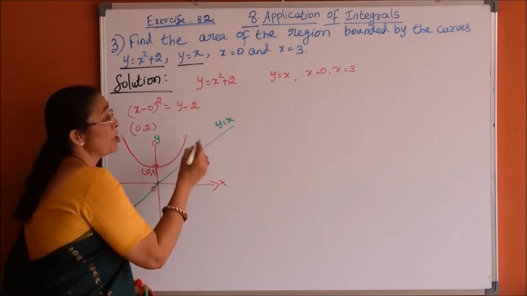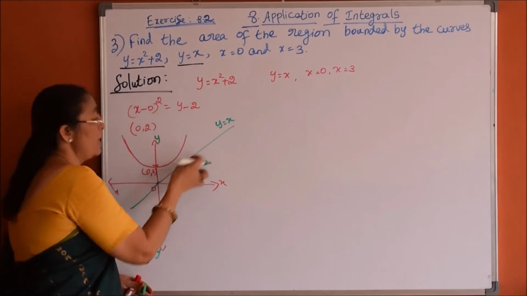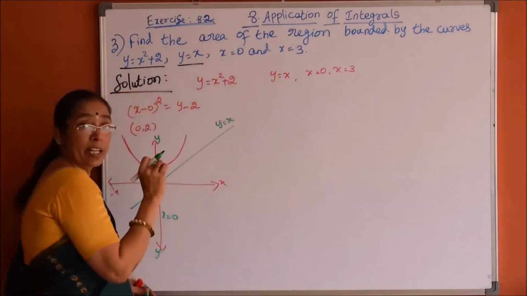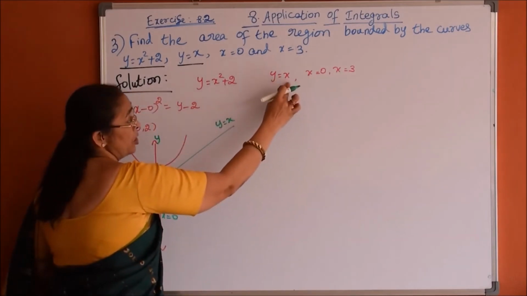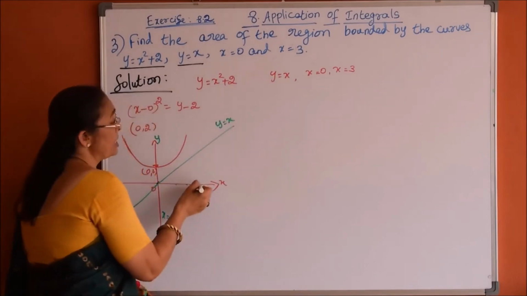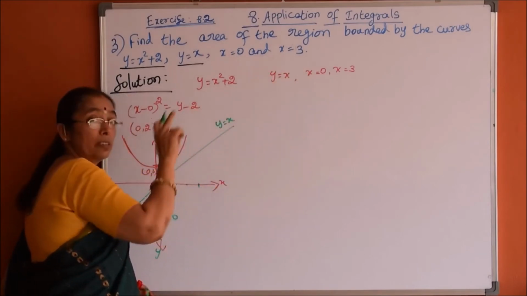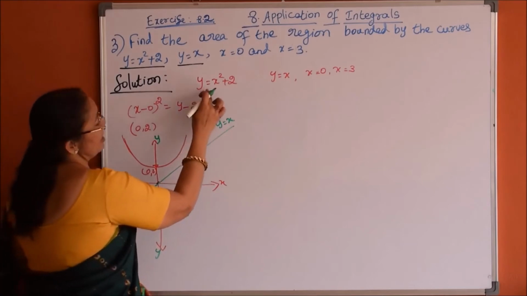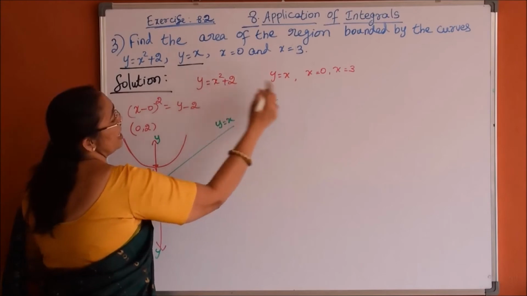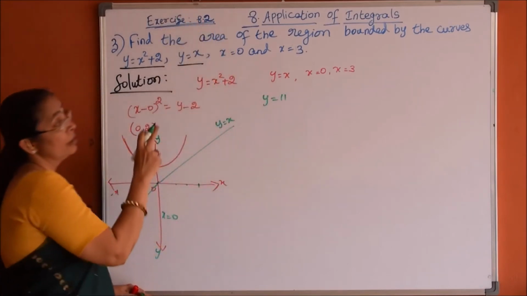So will x is equal to 3 intersect this line or not? Shall we check whether it will intersect this line and the parabola. So when x is equal to 3, with y is equal to x as the other equation, y is also 3. So the straight line 1, 2, 3. This x is equal to 3 will intersect the y is equal to x line at 3, 3, and where it intersects the parabola, y is equal to x square is 9, 9 plus 2 is 11. So it intersects the parabola also at the point 3, 11.